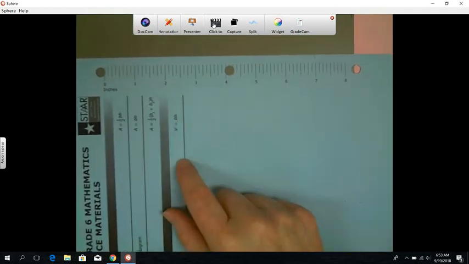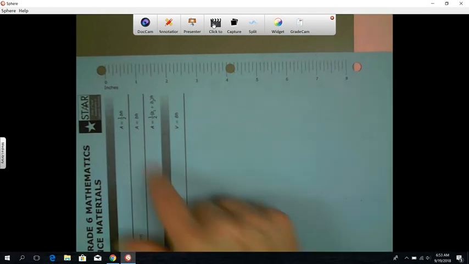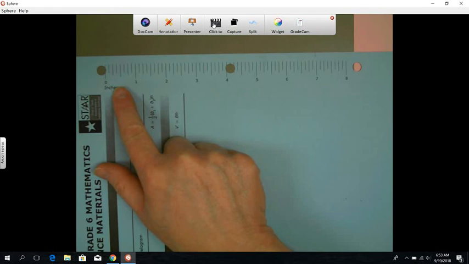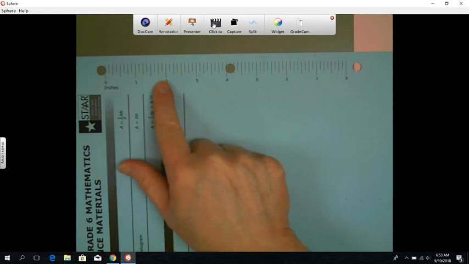Now, I'm going to stay here with the inches. I start at 0 and we go to 8 on here. Obviously, there are longer rulers that will measure longer things, but for what we will need, this is probably good. There are lots of different little lines in between, and we're going to talk about what those mean and how we can use them in order to measure. Okay, so